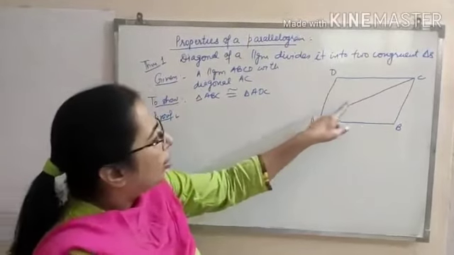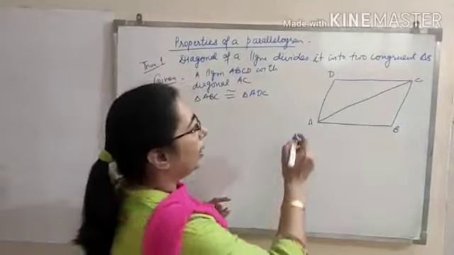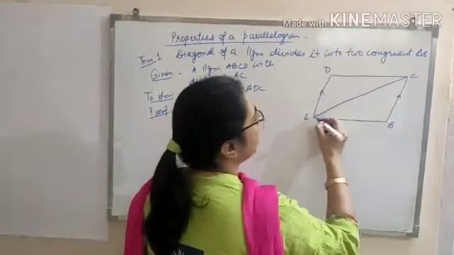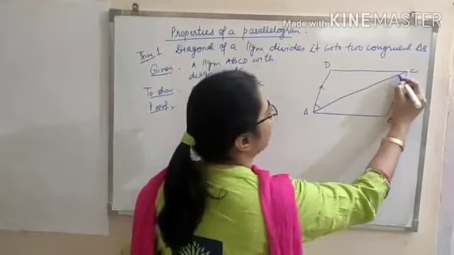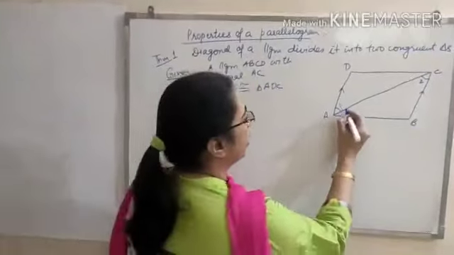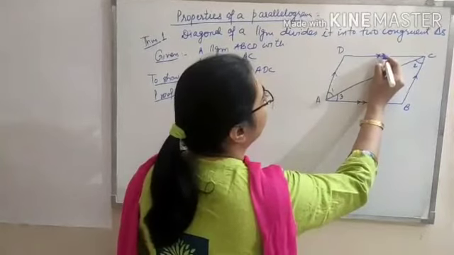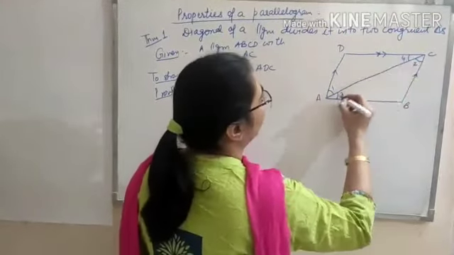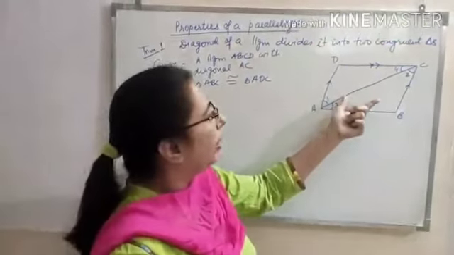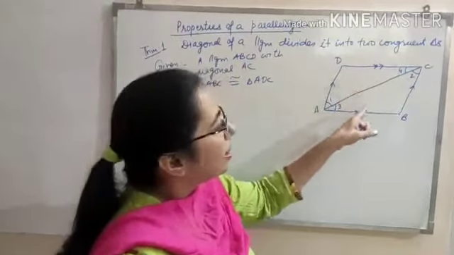Let's start. Now you have to use the definition of the parallelogram, that opposite sides are parallel. When ABCD is a parallelogram, then AD is parallel to BC and AC cuts it. So these two angles 1 and 2 will be equal because they are alternate interior angles. And similarly, when AB is parallel to CD, then again angle 3 will be equal to angle 4. AC is the transversal, so 3 is equal to 4, again alternate interior angles, and this AC is common. So by angle side angle the triangles are congruent.